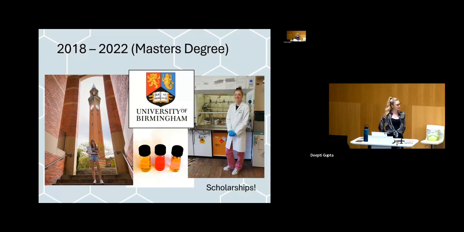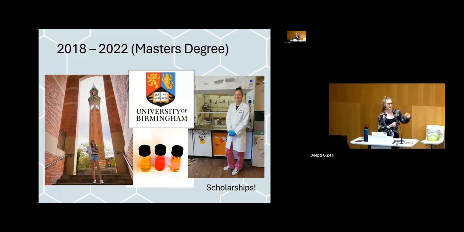I've listed scholarships on the bottom because I think a lot of people don't realize when applying to universities, they have lots of scholarship programs going on, which can really financially help you out as a student because student life is very tough on student loans. And I did quite well out of this, and it really, really helped me to afford living and all of that at university. So yeah, some photos on the screen.